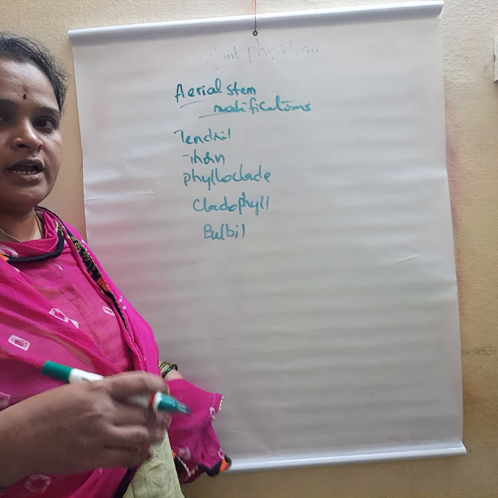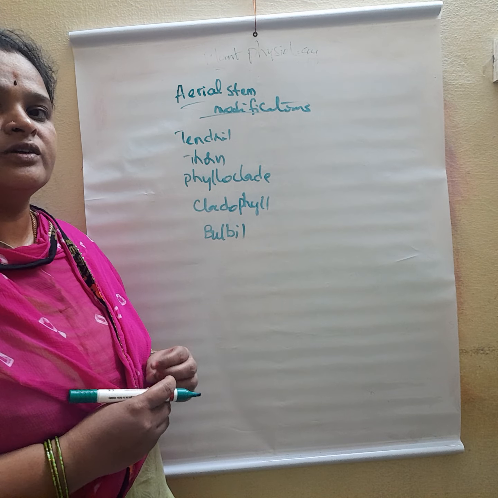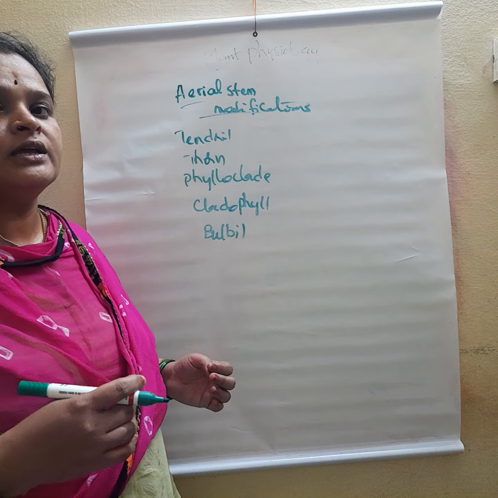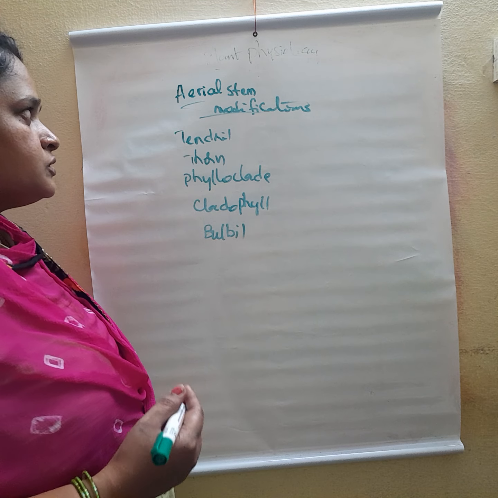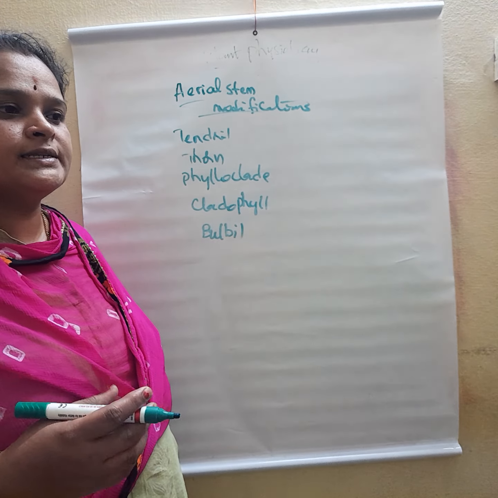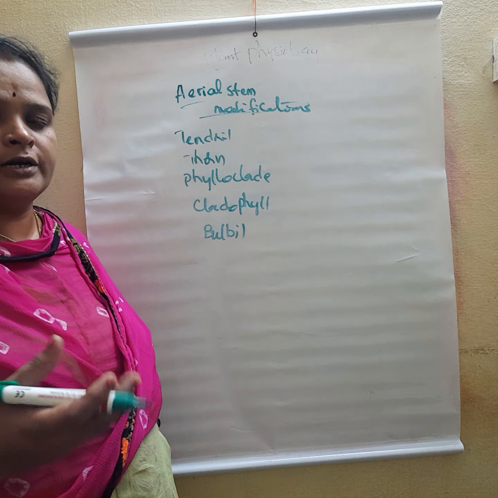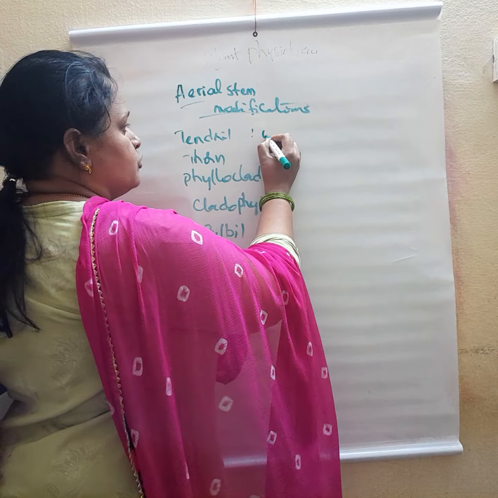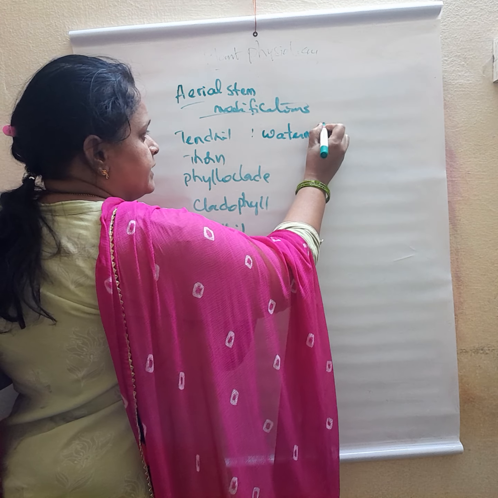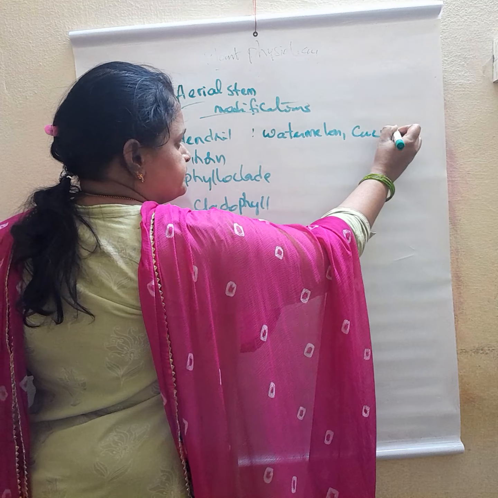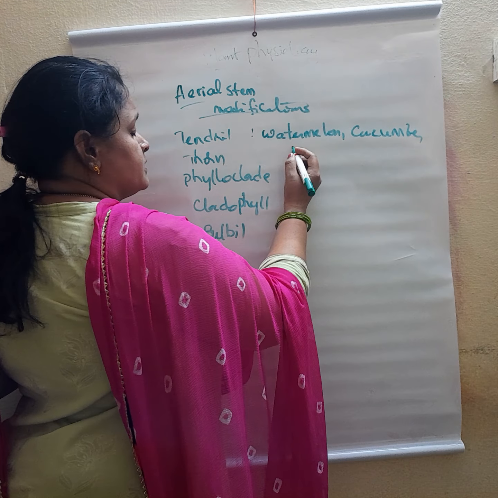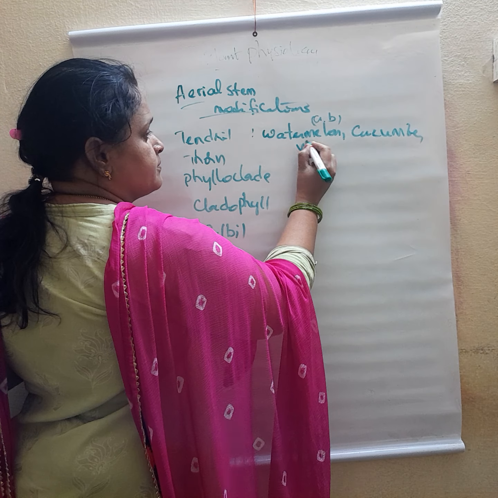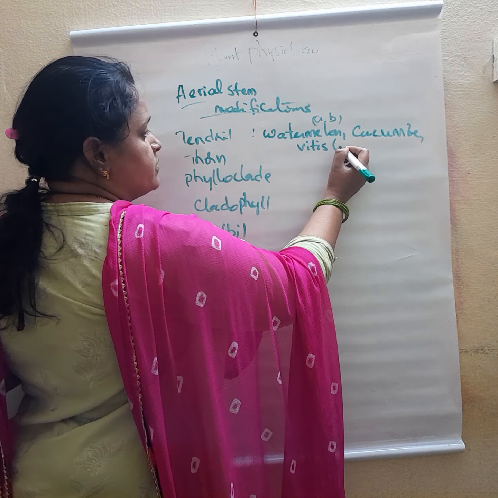Usually if you see the Cucurbitaceae family, like watermelon and cucumber, these plants are growing on the ground, right? So they are having tendrils. For support and for climbing they are having tendril-like structures, right? So those are called tendrils. That means the axillary bud, or maybe the apical bud or terminal bud, turns into a tendril. Example, I already told you, watermelon, cucumber, and these are axillary buds actually. And if a terminal bud turns into a tendril, the example is Vitis vinifera, grapevine, grapes,